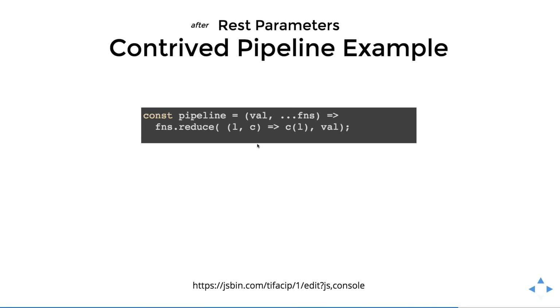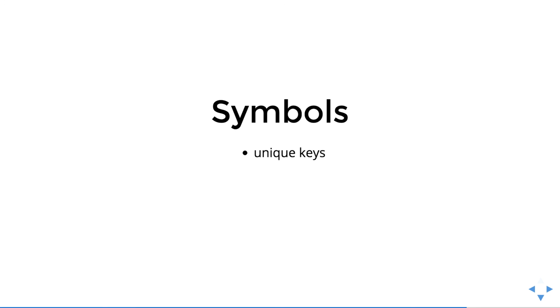So what the rest parameter lets you do is this. Lets you wrap up n number of arguments into an array with that same idea where we're saying, hey, that first value coming in, we want access to that, and then we're going to wrap up every other thing coming in into an array. So in this particular case, we have that first argument is a value, and then now we have an array called FNS, functions, right? And that's an array of functions. We do that same thing. This would let you pipeline that first value through all those functions. I'm just going really fast. Okay, last